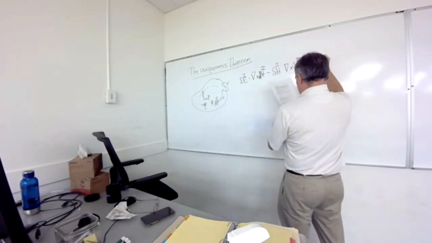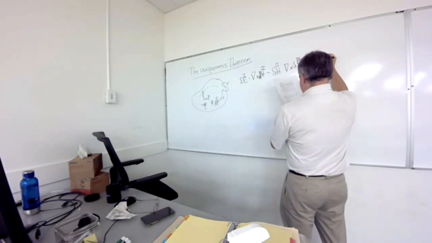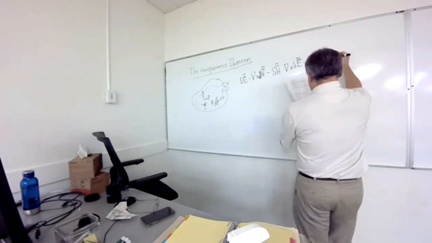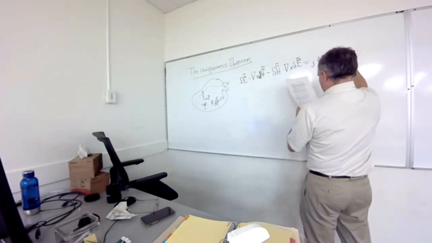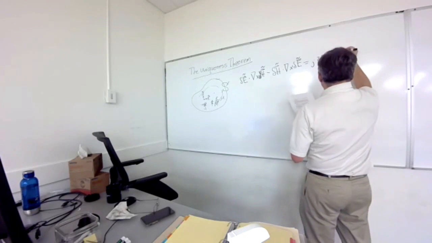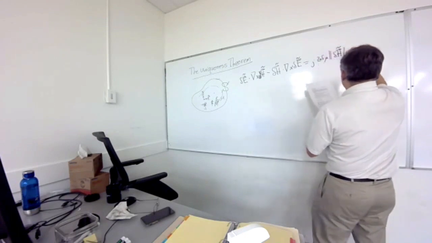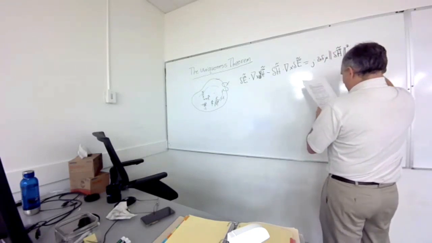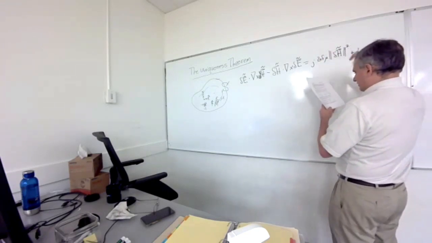This is equal to j 2 pi f mu magnitude of delta H phasor vector squared, plus,